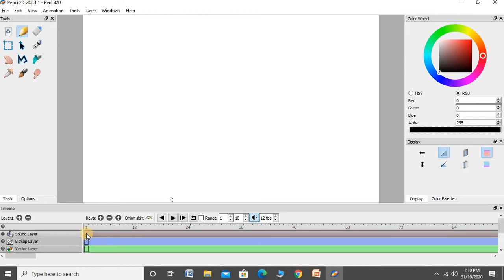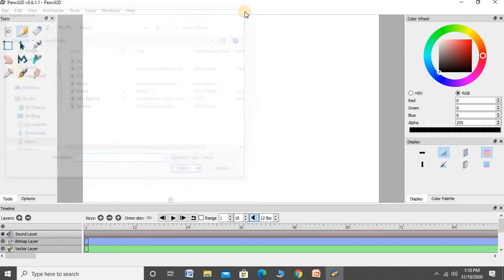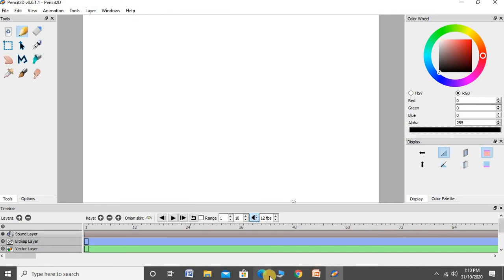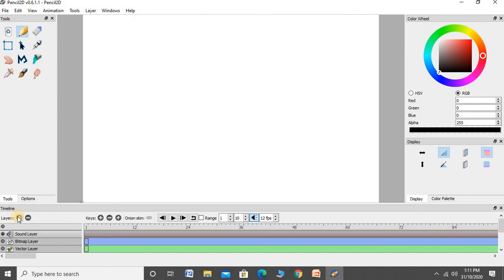Click here. Otherwise, the question says to import any audio to the background of the animation, and save that image. How to add an audio or sound layer? Clear that, how to add this in a layer.